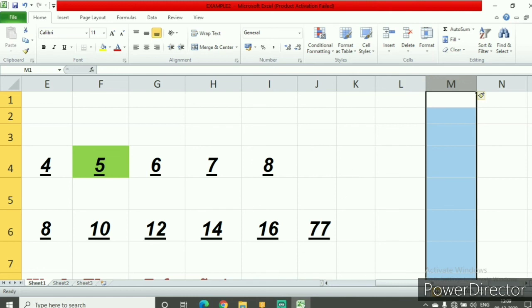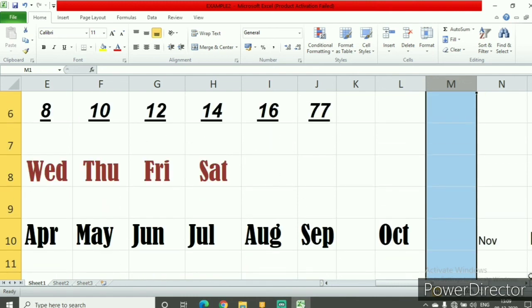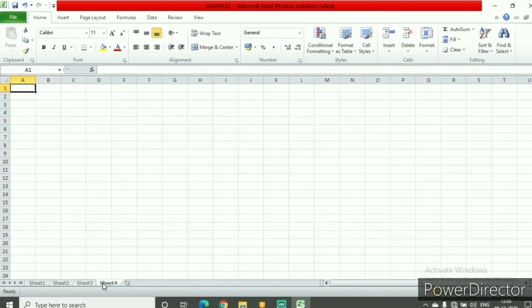Now let us see the other part, which is adding worksheets. Now you can see worksheets here: Sheet 1, Sheet 2, Sheet 3. You can go on adding more sheets. Like this, I have added sheet number 4. Now sheet number 5. So the moment I click here, insert worksheet, more sheets will just get added. Have you got it?